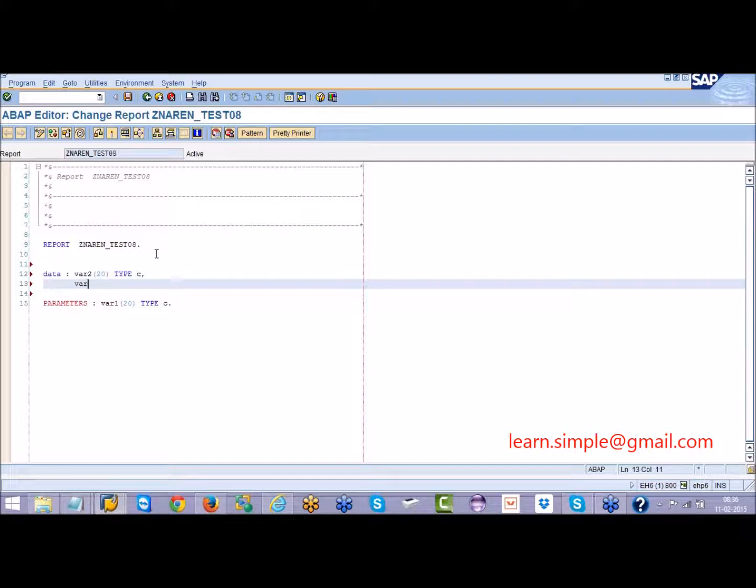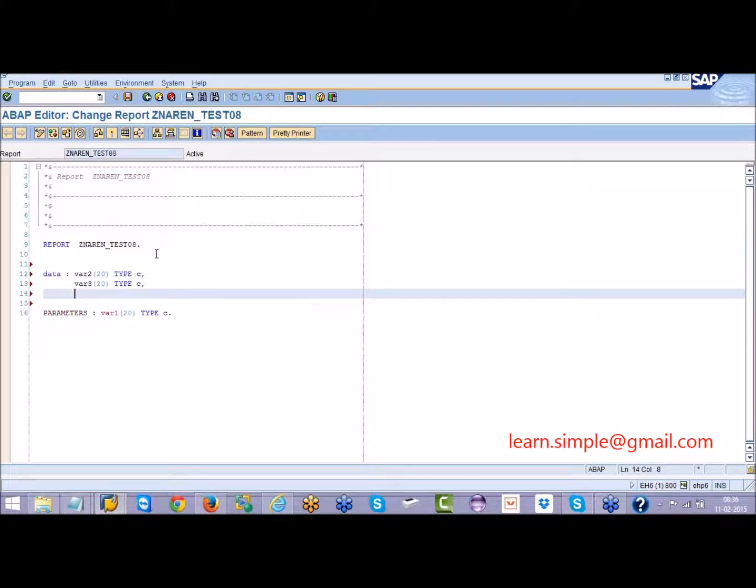If you want, you can declare with less length. So variable 3 of length 20 type C. Variable 4 of length 20 type C. I have declared 3 variables.